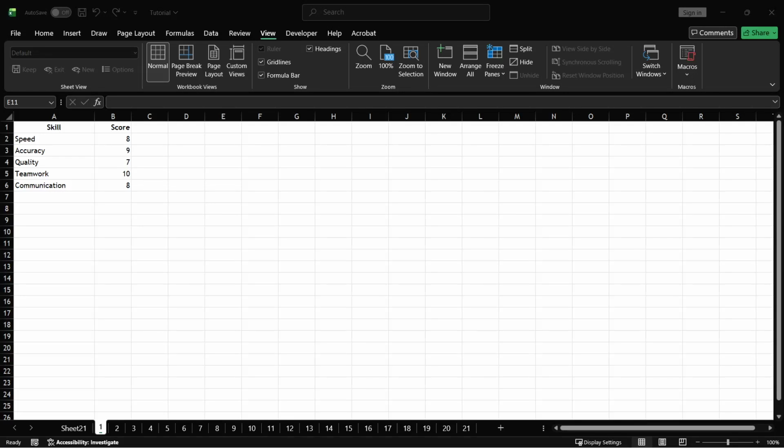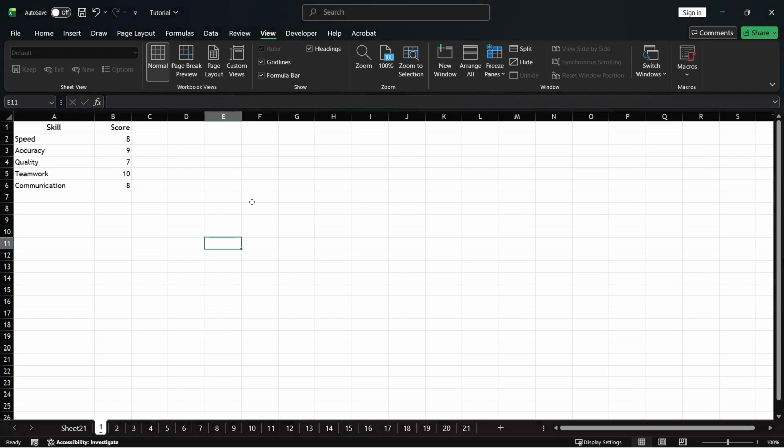In today's video, I'm going to teach you how to create a radar spider chart in Excel. We'll walk through the process from entering your data all the way to cleaning up the final chart so it looks clear and ready to present. This is a simple Excel task, but a few small details can make a big difference in how your chart